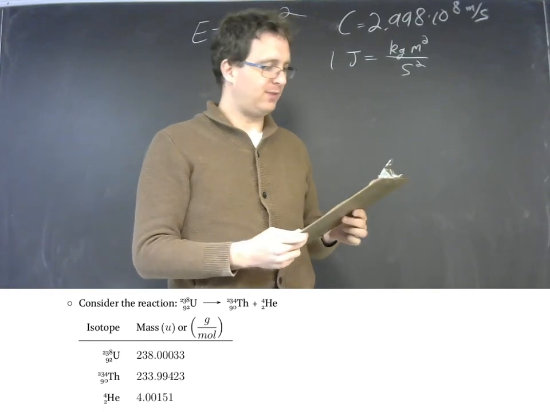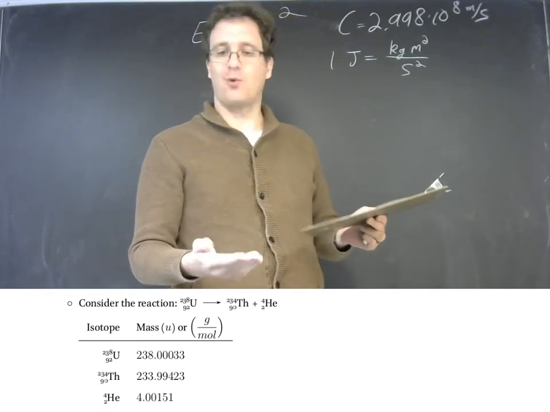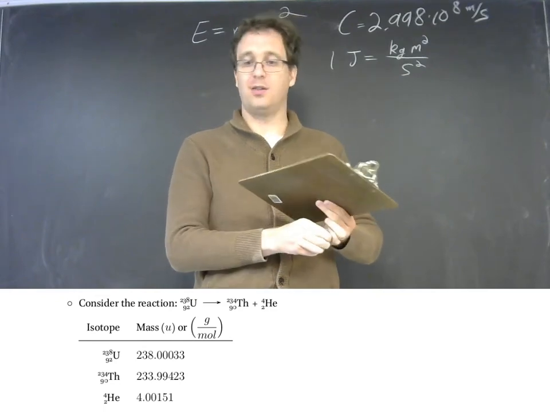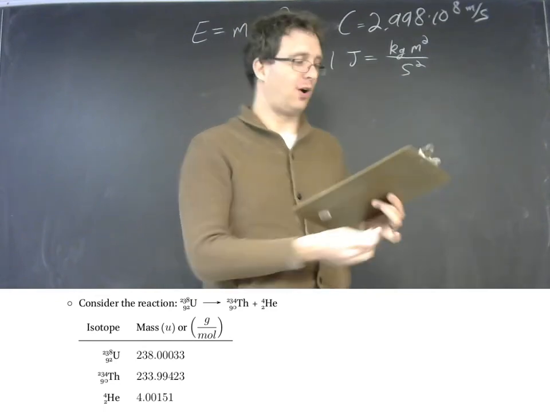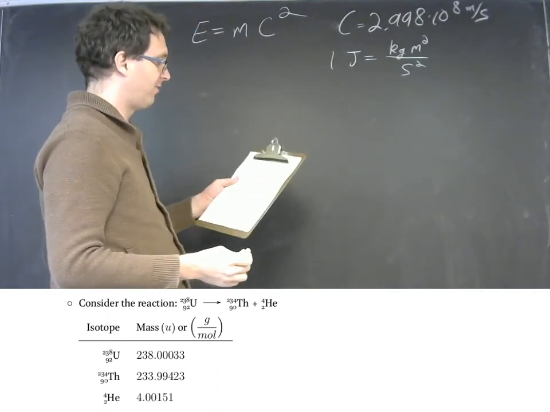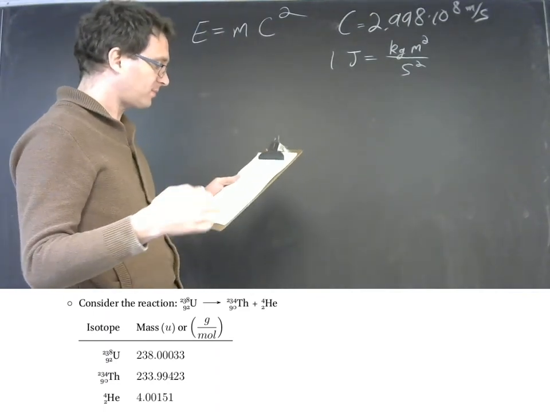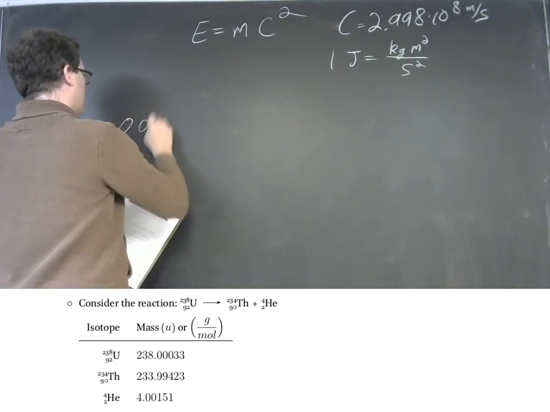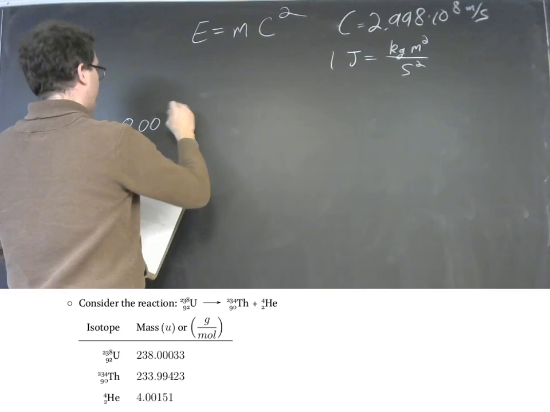If you add up the mass of thorium and helium, they are less than the mass of the uranium itself by an amount of 0.00459